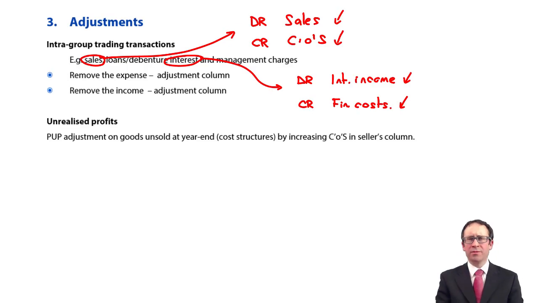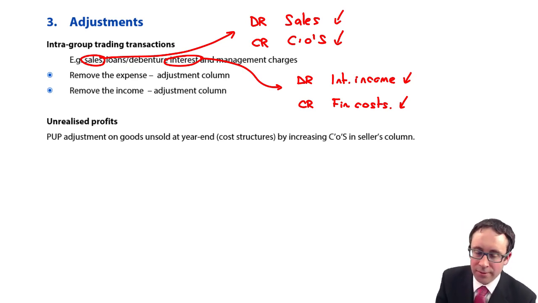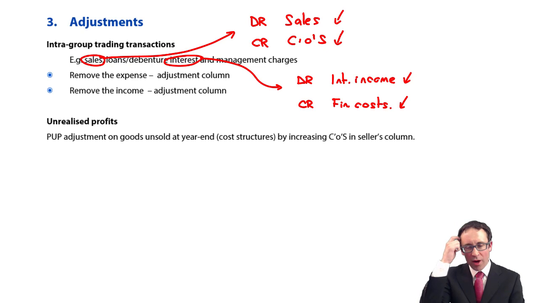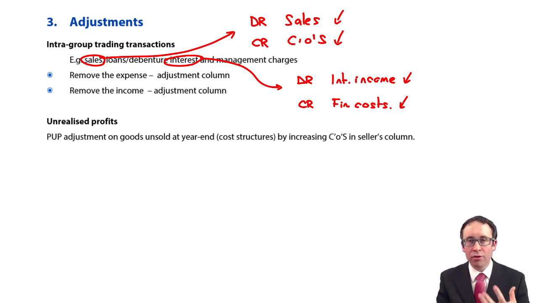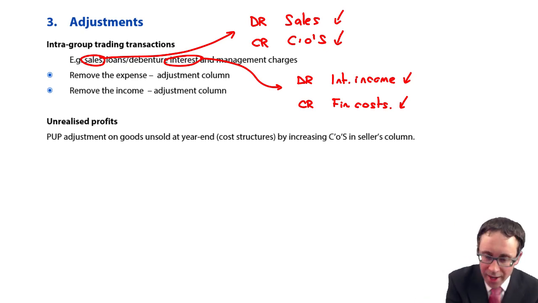I'm not too worried about management charges. I can't really remember many management charges appearing. Can't really remember all that many intra-company loans appearing. It's normally, well, nearly always sales and cost of sales that will be adjusted. Okay. What you've then got in terms of your unrealised profits, remember what we had there on the SFP